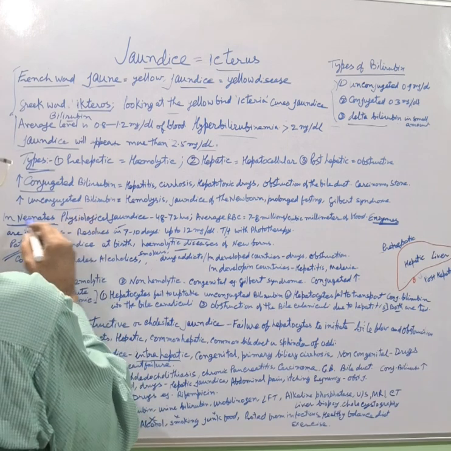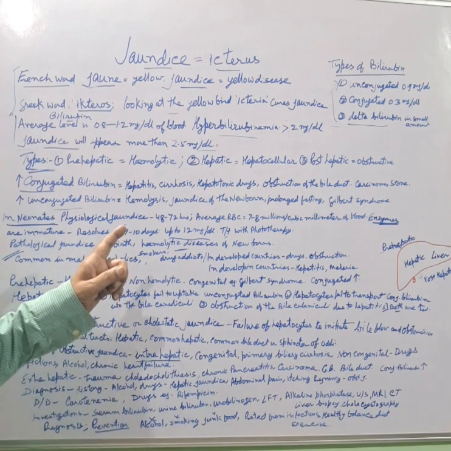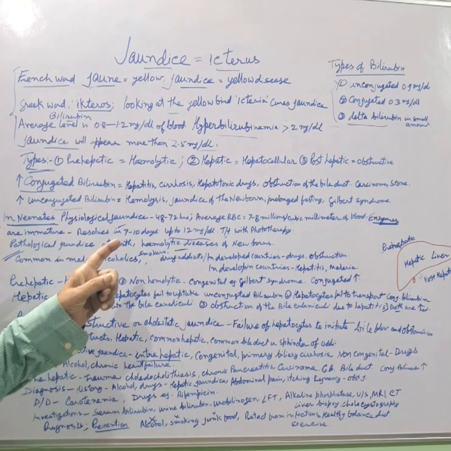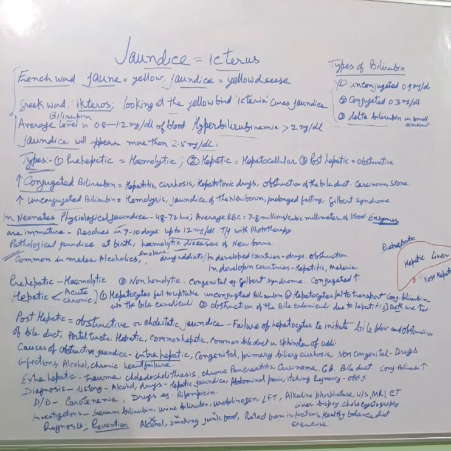Now a few words about neonatal jaundice. In neonates, physiological jaundice appears from 48 to 72 hours after birth. This is due to rapid destruction of RBCs in infants. Average RBC count is 7.8 million per cubic millimeter of blood, and there is rapid destruction, but the enzymes responsible for disposing of